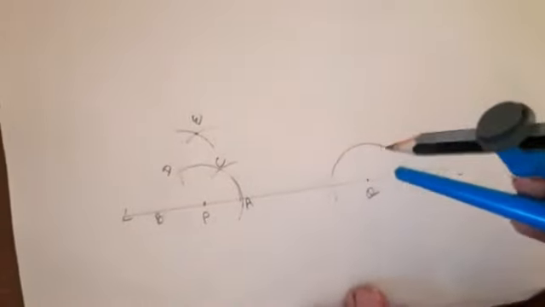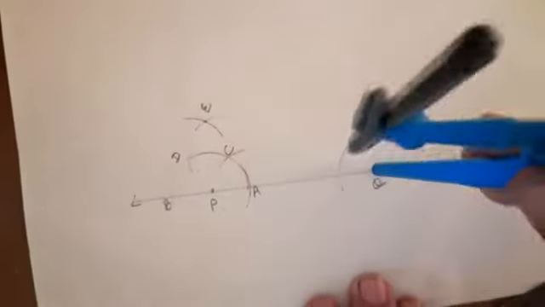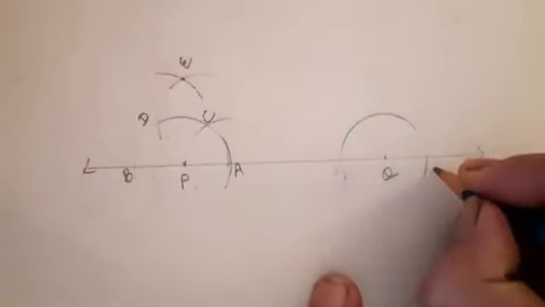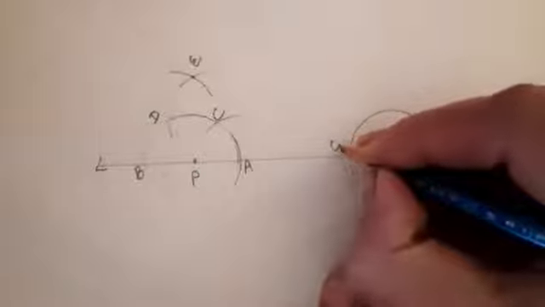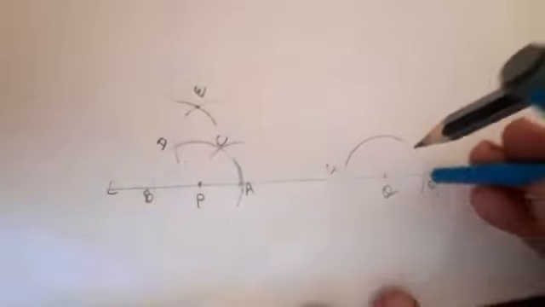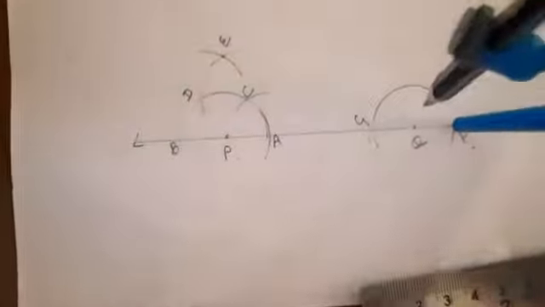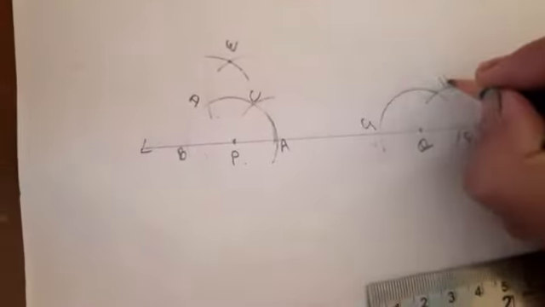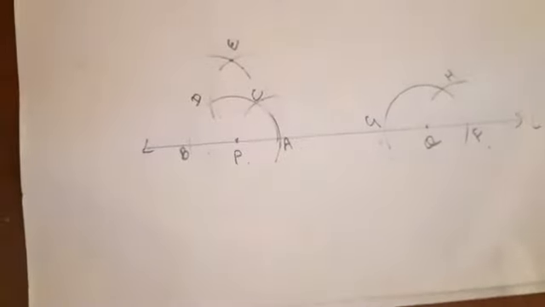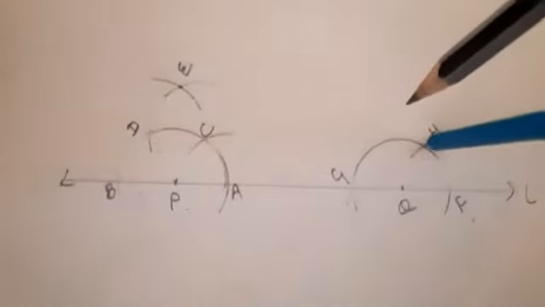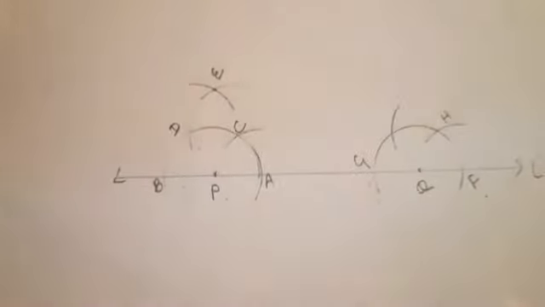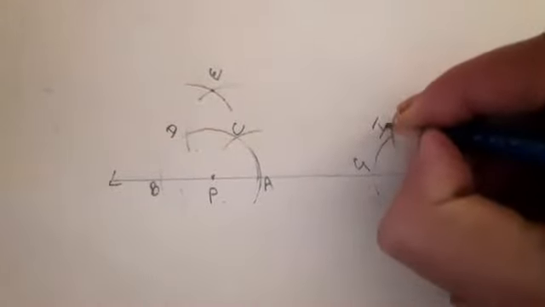Now we will do the same process with the point Q as a center. We will follow it. First we have to draw an arc which cuts the line L at F and G. Now keep F as a center, draw one arc, that is H. Now H as a center, draw one more arc which cuts the previous arc at I.